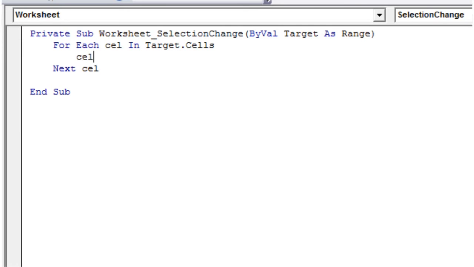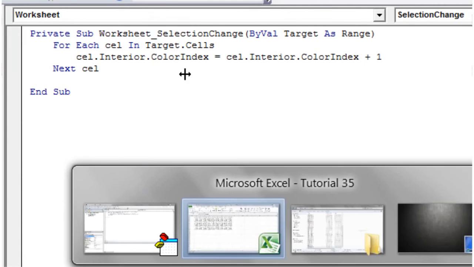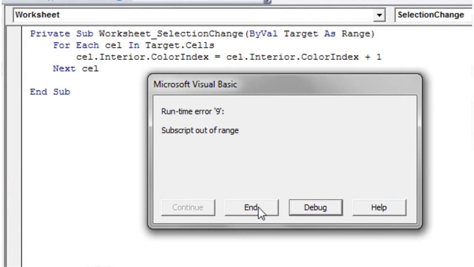So let's say we want to take cell.Interior.ColorIndex equals cell.Interior.ColorIndex plus 1, and then